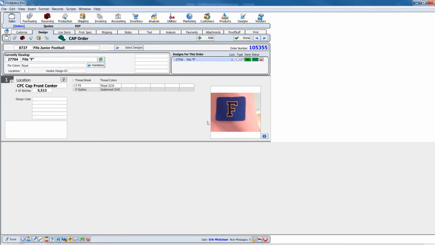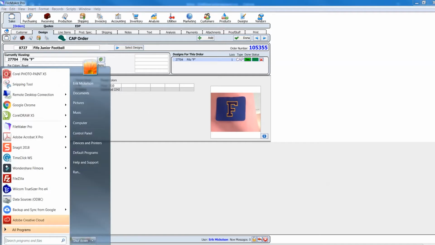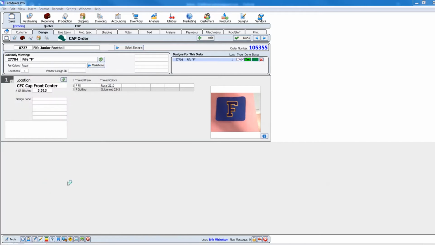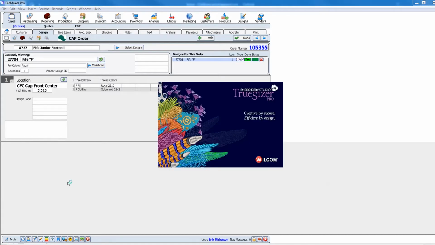It looks good. Just for giggles, I'm going to bring up my Wilcom again. Remember, the embroidery checker will be doing the Wilcom for you, and they'll be providing a mock-up. But I just want to show you how we can mock up a design. Bring it on the Wilcom. And this is the DST file, the EMB file. This runs the embroidery machine. Again, you really don't need to know this program. I'm just showing you how